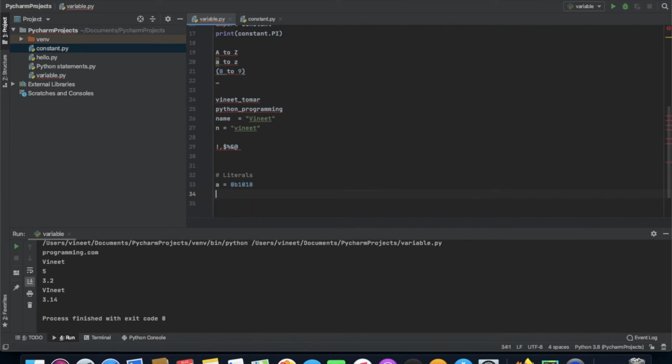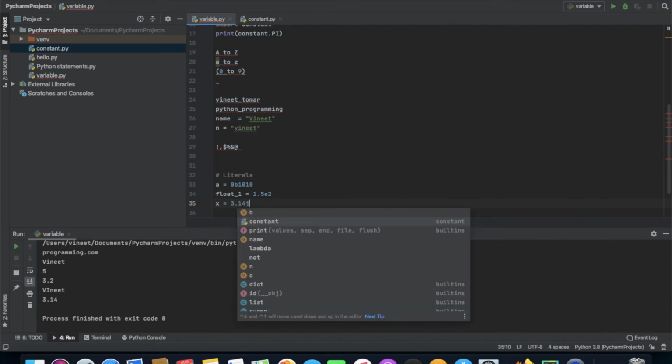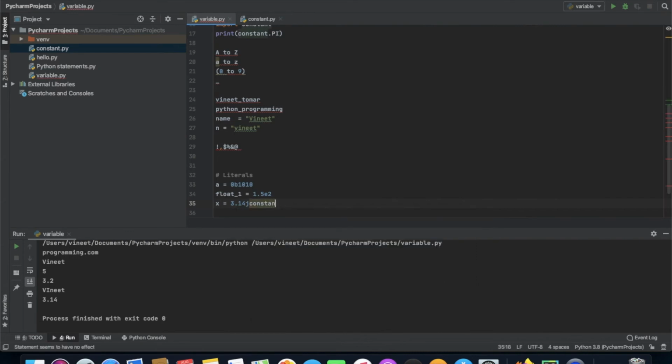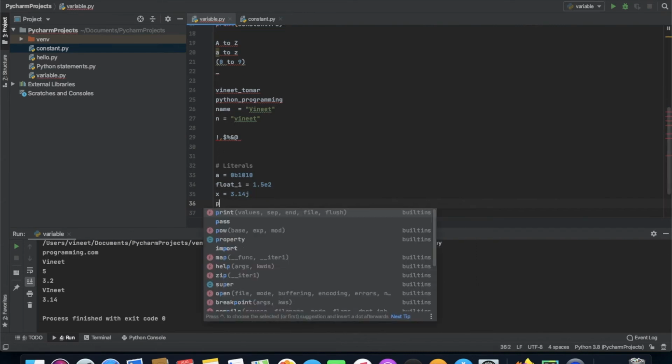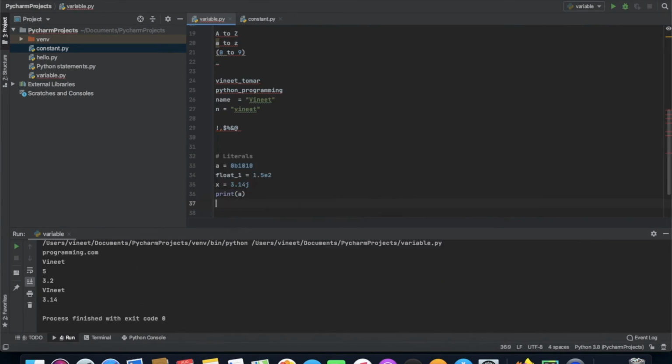Let me give you a proper example. float_1 equal to 1.5e2, and x equal to 3.14j. It is a complex literal, and the first one is a float literal. Now we're going to print this out: print float_1, print x. Now we're going to run this.